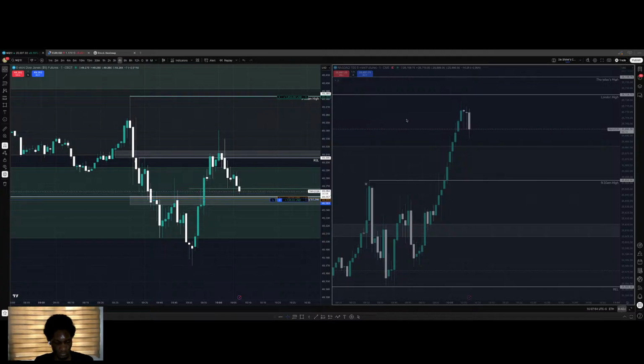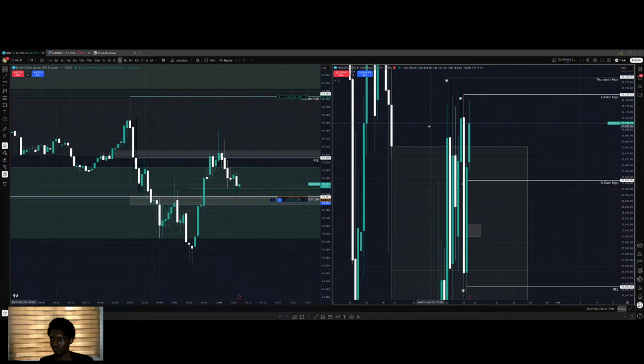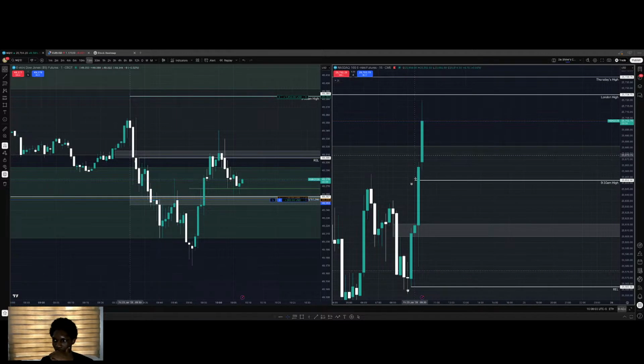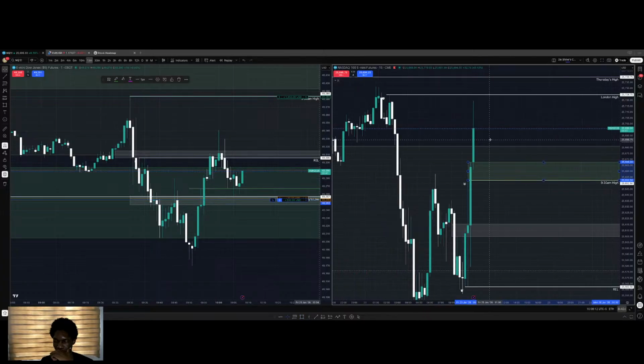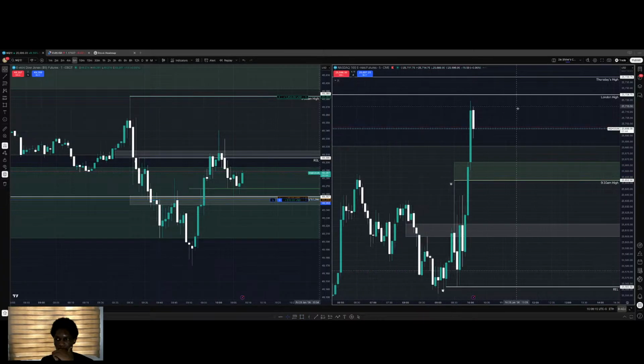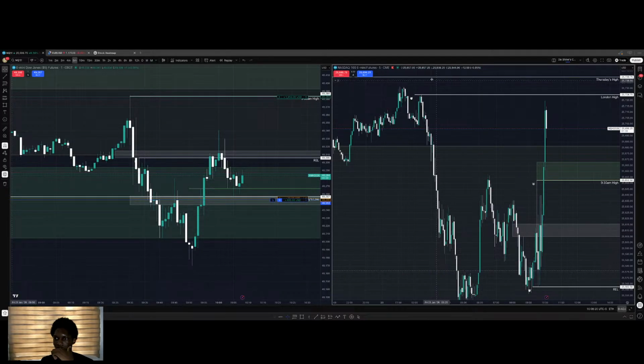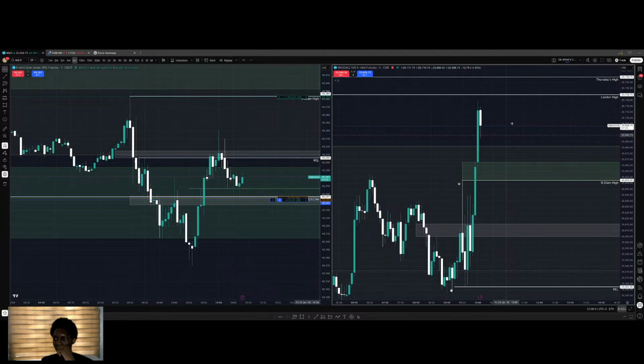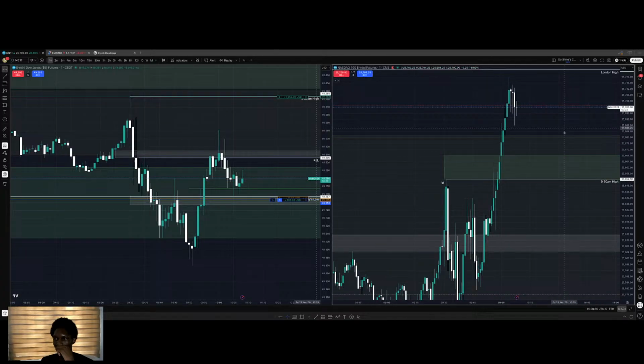Let me check what NQ is doing. This is really, really good on NQ. Let me look at it on the 15. We're forming a 50 minute gap here. So we'll see if in 7 minutes we retrace into here. If we do, then we could look for longs on NQ. That's if I get stopped out here. Then I'll look for longs on NQ for these highs and Thursday's high, if they don't get taken out before the 50 minute close.